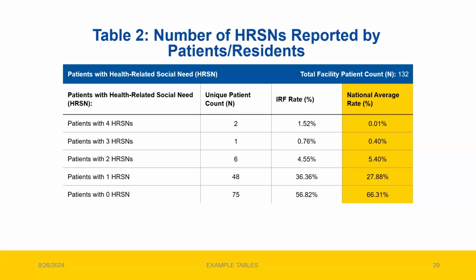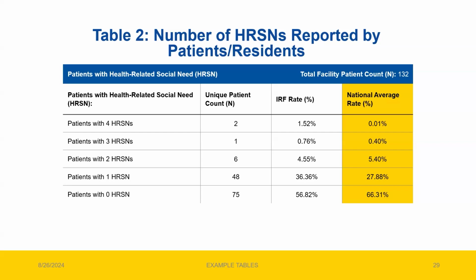66.31%. In comparing our sample IRF's rates with the national average rates, looking at the bottom row, we see that this IRF, whose rate of patients with no HRSNs is 56.82%, is lower than the average IRF rate nationally, which is 66.31%. This suggests that this IRF has a smaller share of patients without any health-related social needs than the average